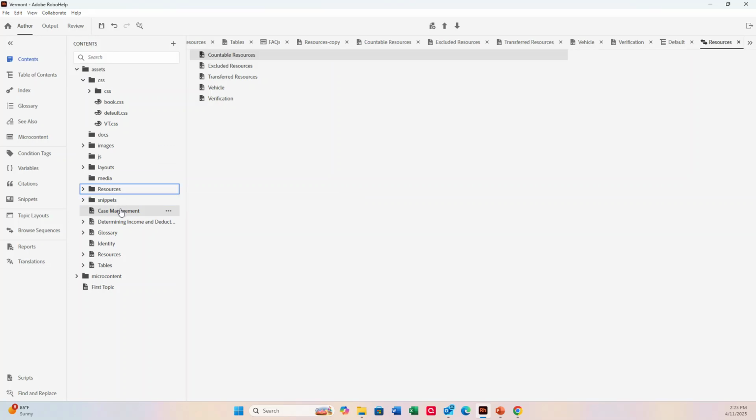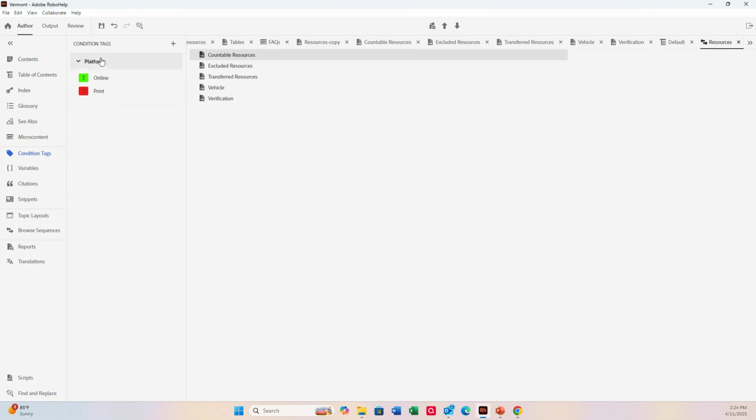And some of these topics have to do with evaluation and some have to do with applications. So we are going to set up some condition tags for those two scenarios, and we will apply them to these particular topics. So if I go to my authoring panel and then go to condition tags,